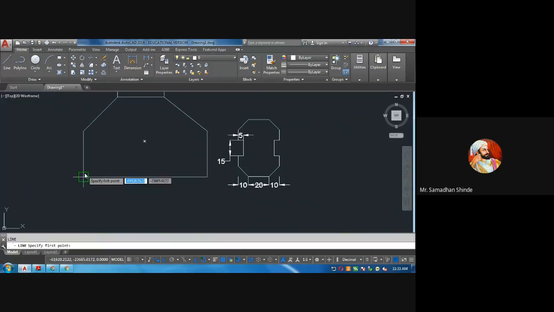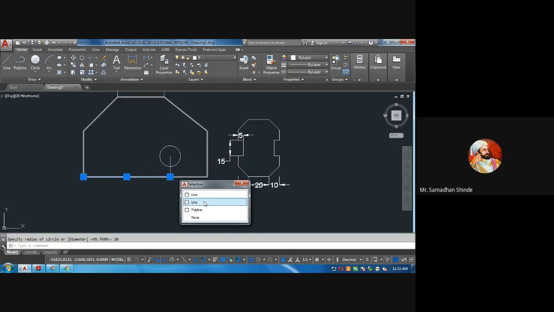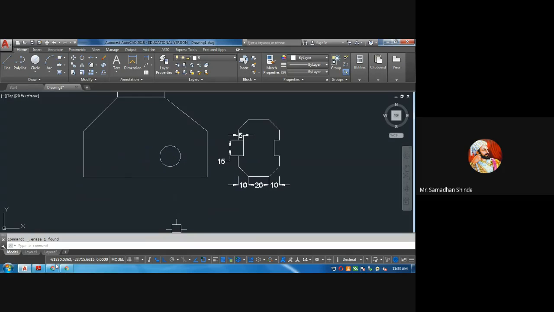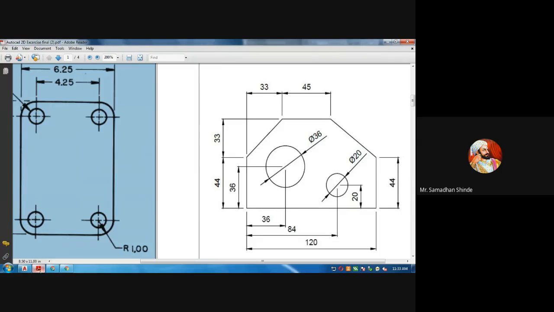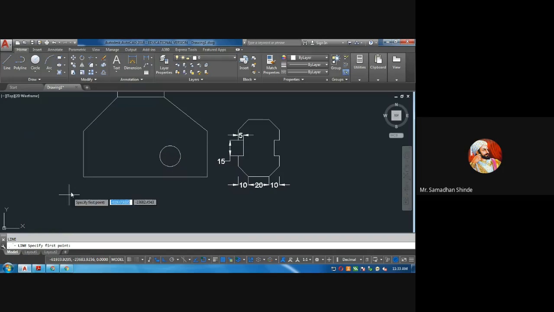So line 84.20. C enter, radius 10. So this is one circle. Okay, and another circle, 36 horizontal, vertical 36. So line 36, 36. Sorry,